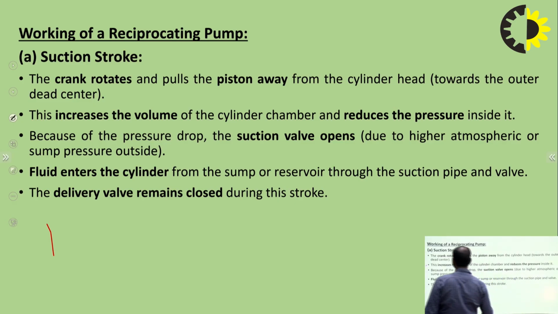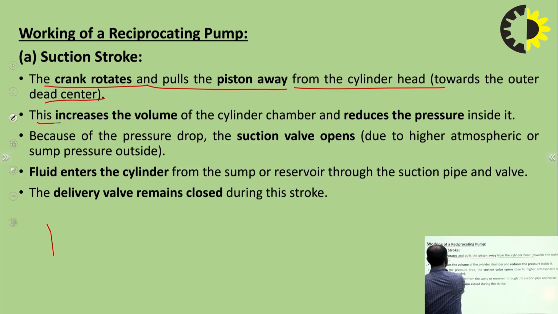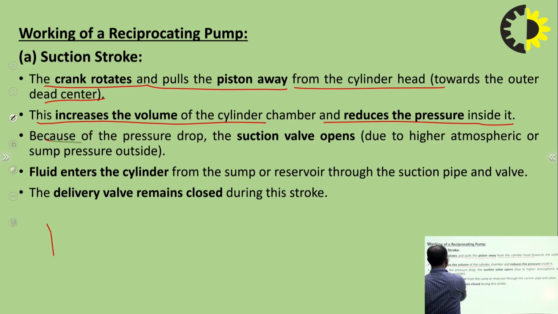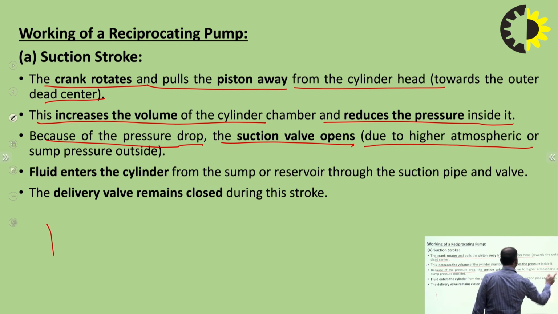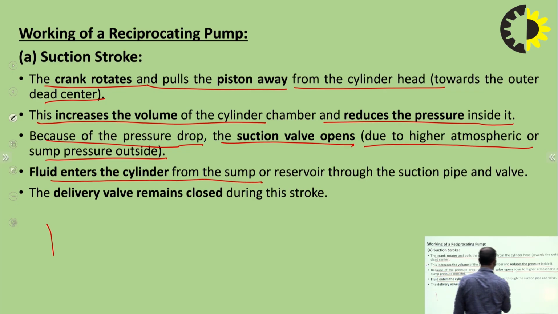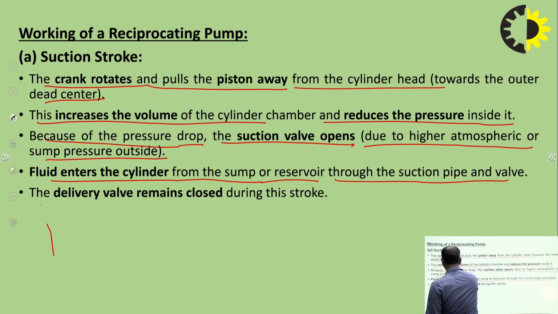So during suction stroke, the crank rotates and pulls the piston away from the cylinder head towards the outer dead center. This increases the volume of the cylinder chamber and reduces the pressure inside it. Because of the pressure drop, the suction valve opens due to the higher atmospheric sump pressure outside. Fluid enters the cylinder from the sump or reservoir through the suction pipe and valve, and the delivery valve remains